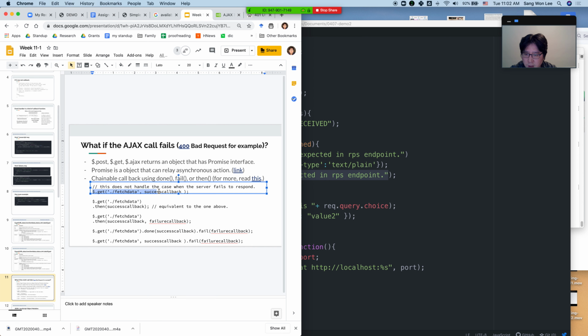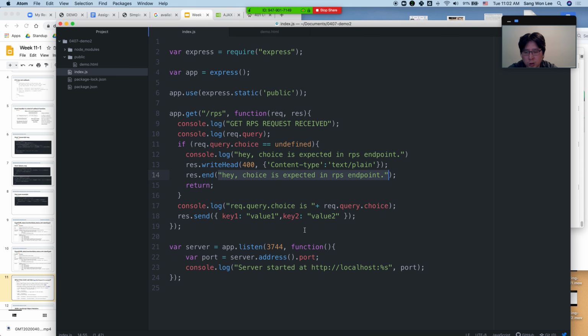Done returns the same object so that you can keep calling another function. Done is for success callback, fail is for failure callback. So I'm going to use done and fail